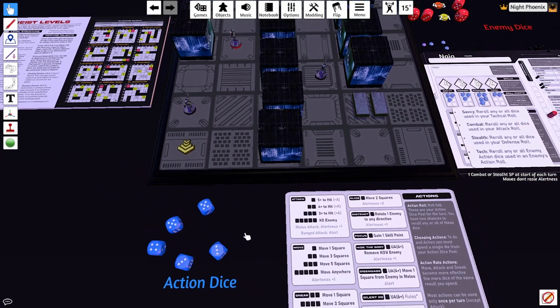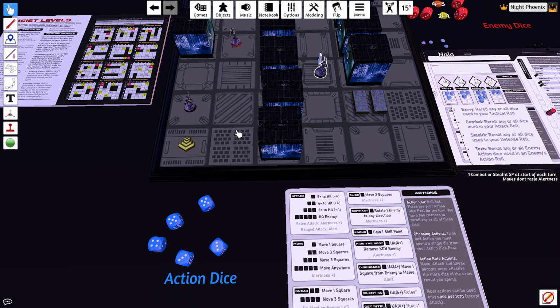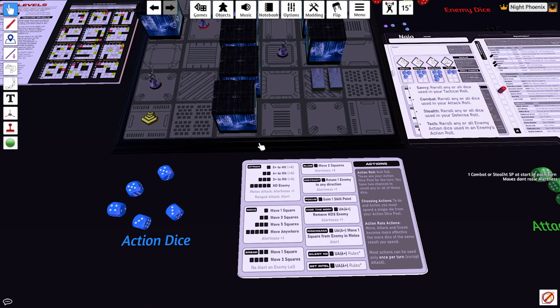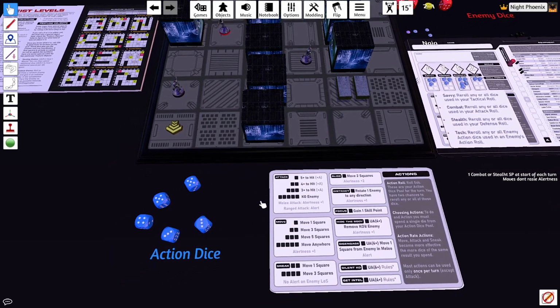2, 5, 4, 3. Basically, I want to move loads. Maybe try and catch this guy before he rounds the corner and groups up. So 2 5s and 3. A single die can be used to slide 2 spaces. That's pretty good. Didn't mention the alertness resets when you go to the new level, no matter how much chaos